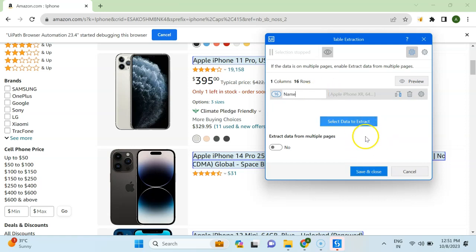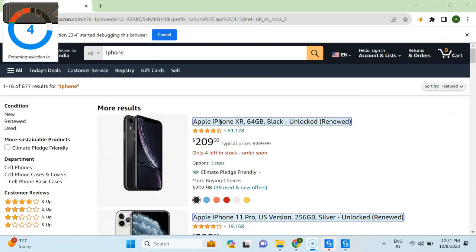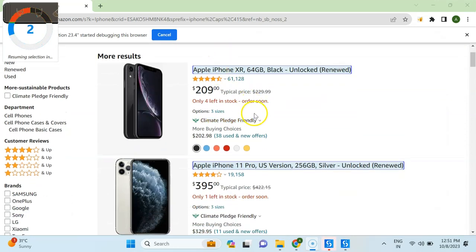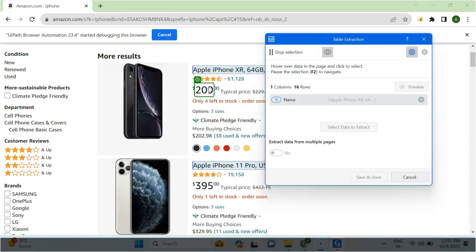Name it name, and second, just click on select data to extract and now indicate the price. So to help a little bit with automation, just press Ctrl+F2 and then select your price and just select